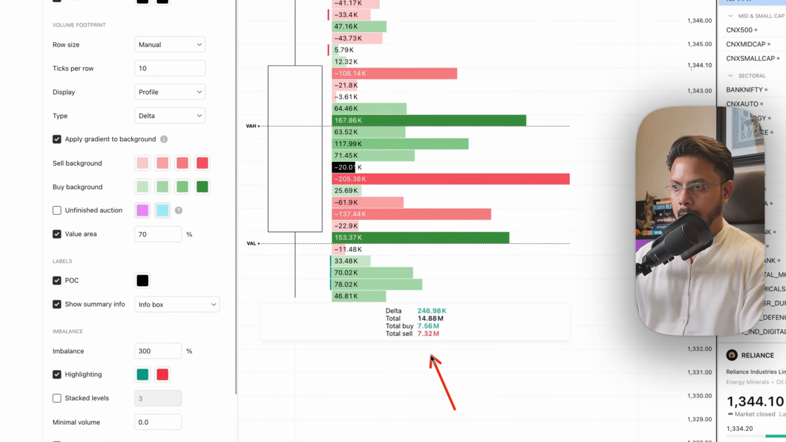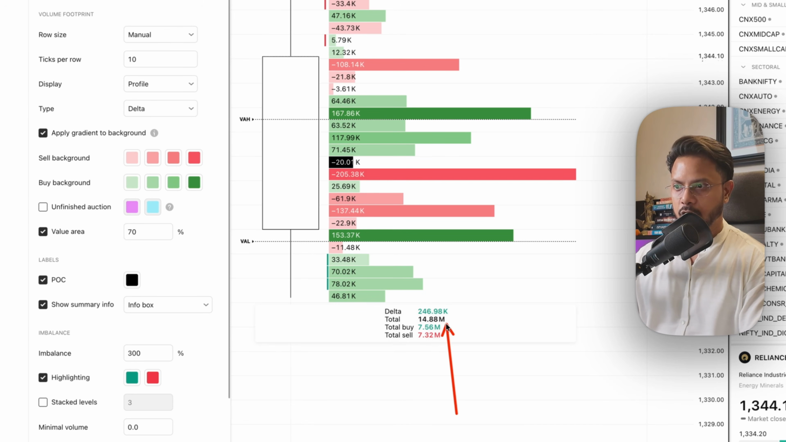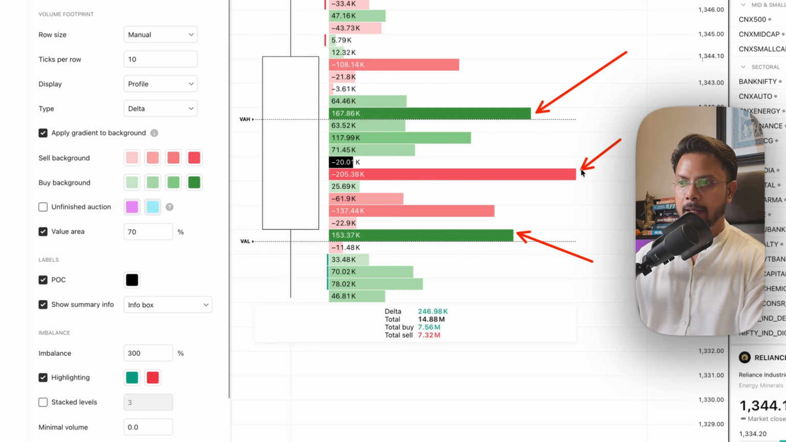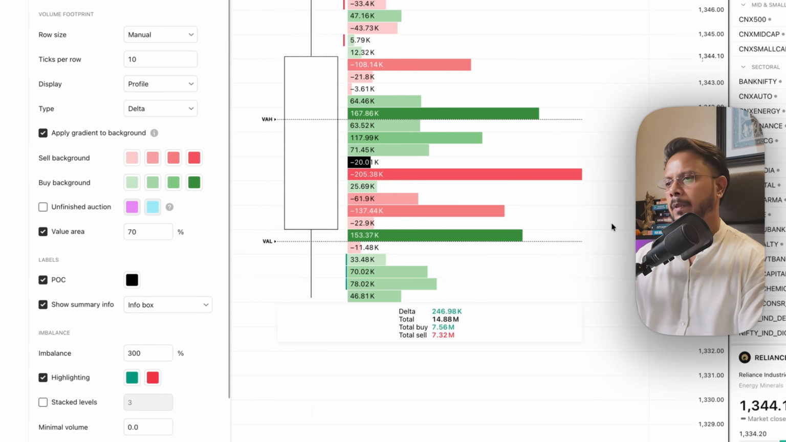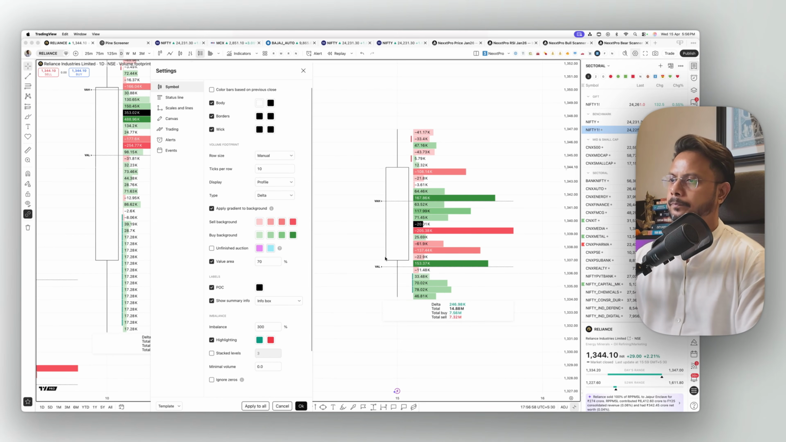today some total 14 million shares traded, 7.56 on the buy side, 7.32 on the sell side. So 246 kind of delta on the positive. Because of these two big positive deltas, it is counterbalancing this big negative delta. So far so good,